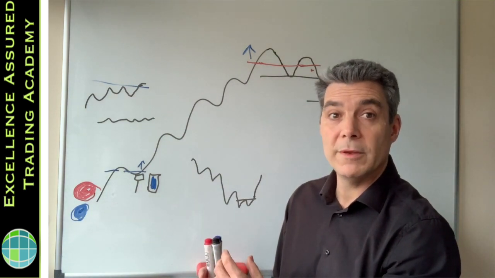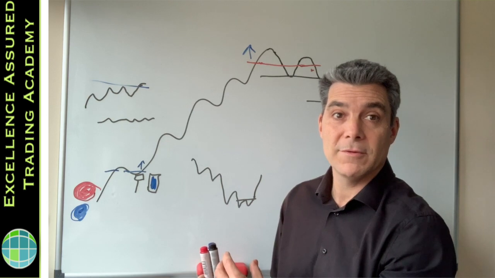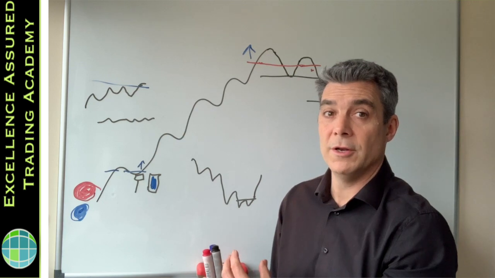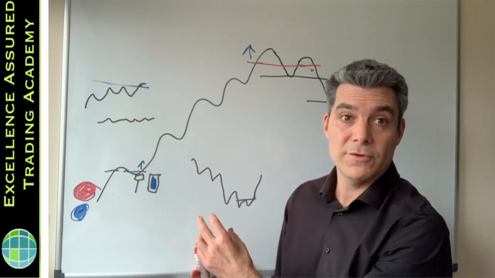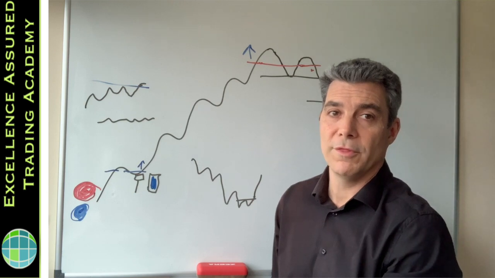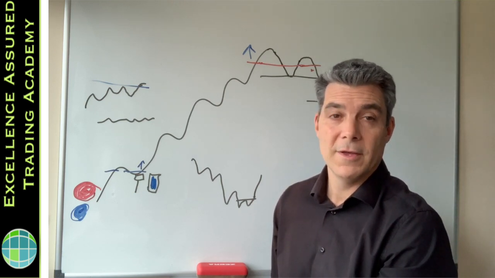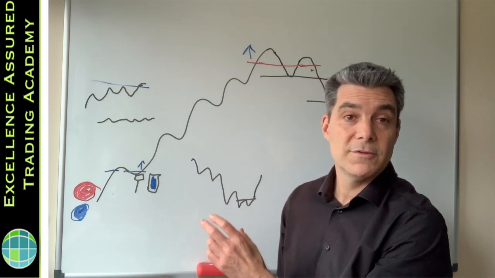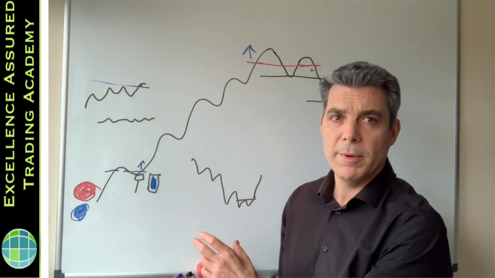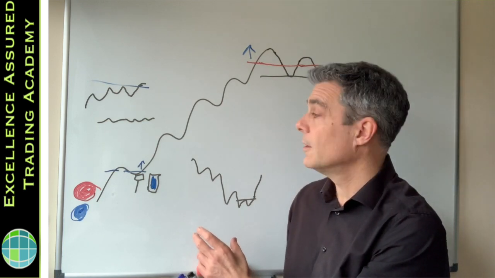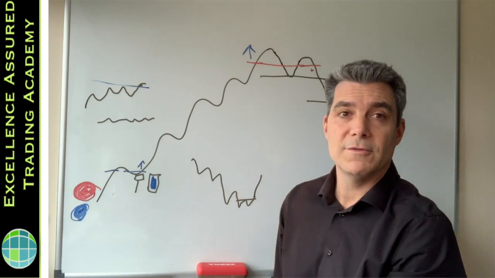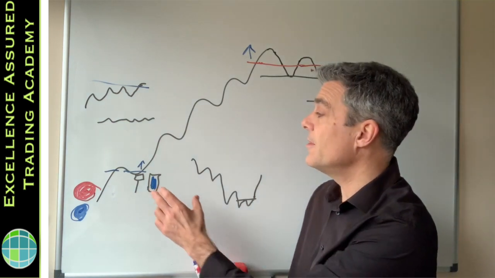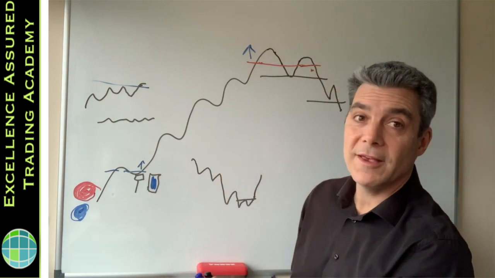Okay, so current prices reflect what's happened in the past. Future prices will reflect the amount of buying and selling interest that exists right now, and you're not going to know the interest until the orders have been made in the future. So one thing follows another, and the art of trading is to analyze the details within the charts so that you've got a good probability choice as to which direction the market goes in. That's the skill, that's the art of trading, and this is how you will assess it.